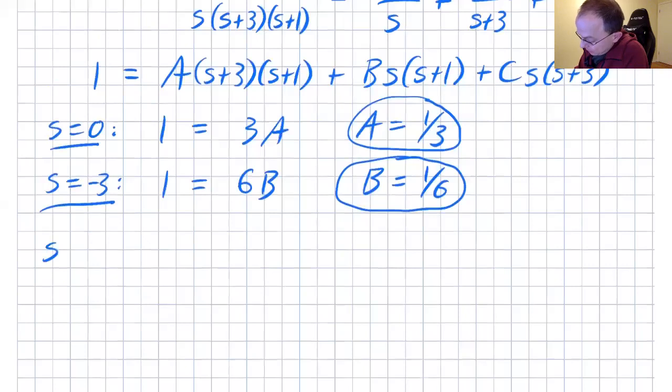And then we'll put in -1 now. So -1 will get rid of the A and the B, and we'll just solve for the C. So we get,